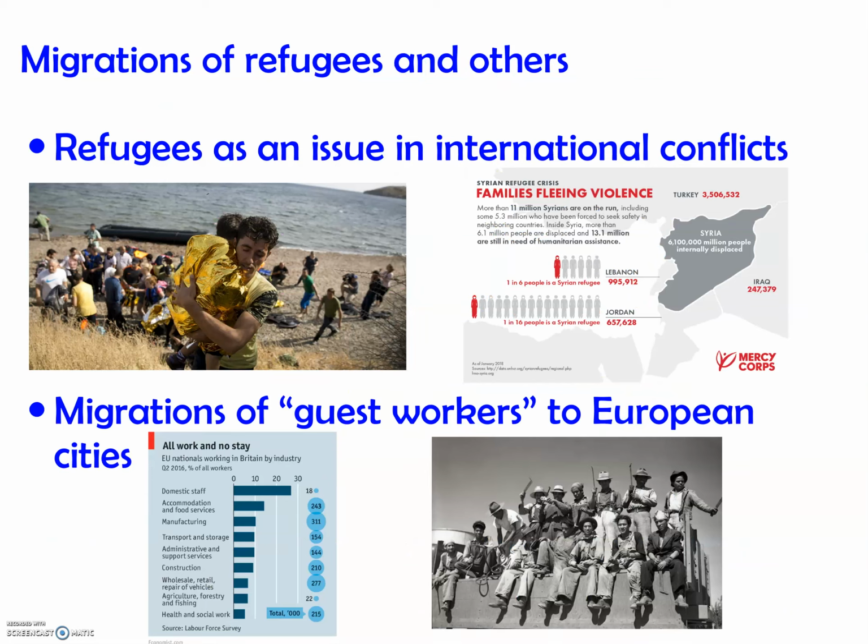Refugees are a genuine issue globally, as people are moving out of a wide variety of reasons, but most notably the refugees coming from crisis situations. So I have a graphic that shows you the Syrian crisis that we've been dealing with in the last couple of years. Where the violence in Syria is really taking a toll. This image is from January of 2018, so as this video has been done, it's about 2 years old, showing that there are 11 million Syrians who have fled from conflict at that point,